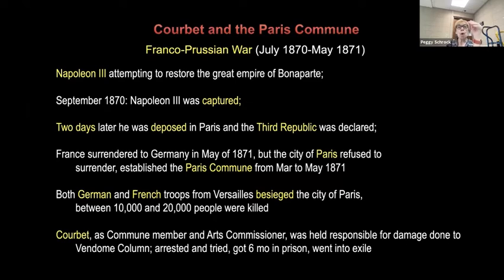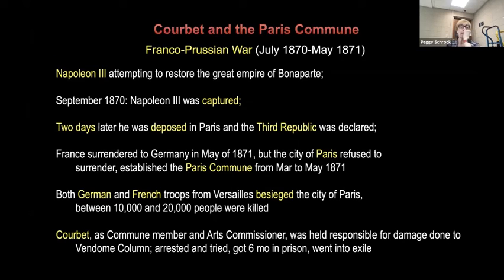He starts this war. He's heading in, trying to recapture Germany. And within 2 months, he's captured. Literally 2 months into the war, he's out on the battlefield and they capture him. For all intents and purposes, that's it. So he's captured. 2 days after he's captured, he's deposed in Paris. He has that little support. He's gone, revolution, let's set up a real republic. And they do. They actually, for the first time, have a true republic